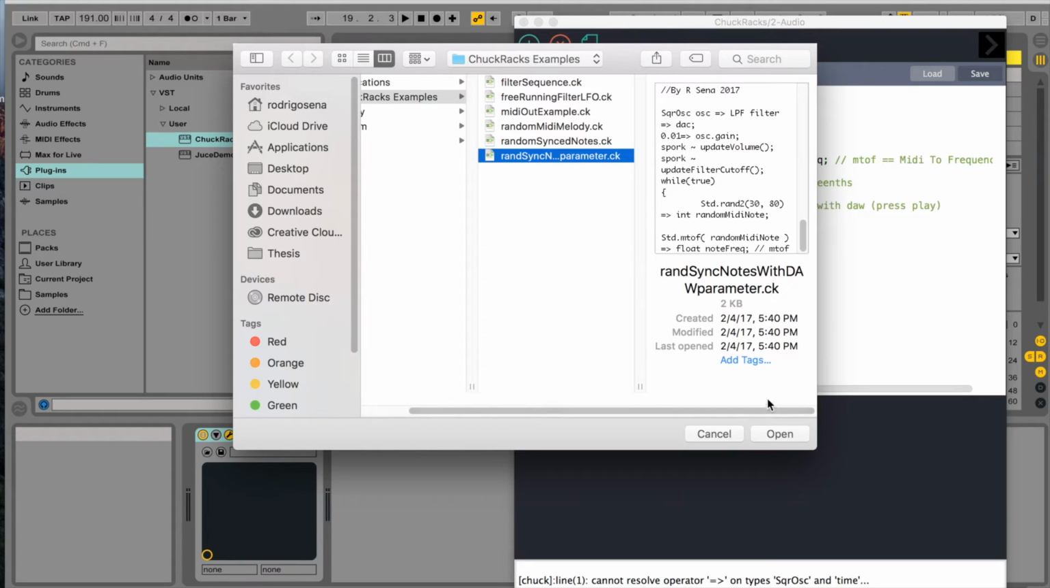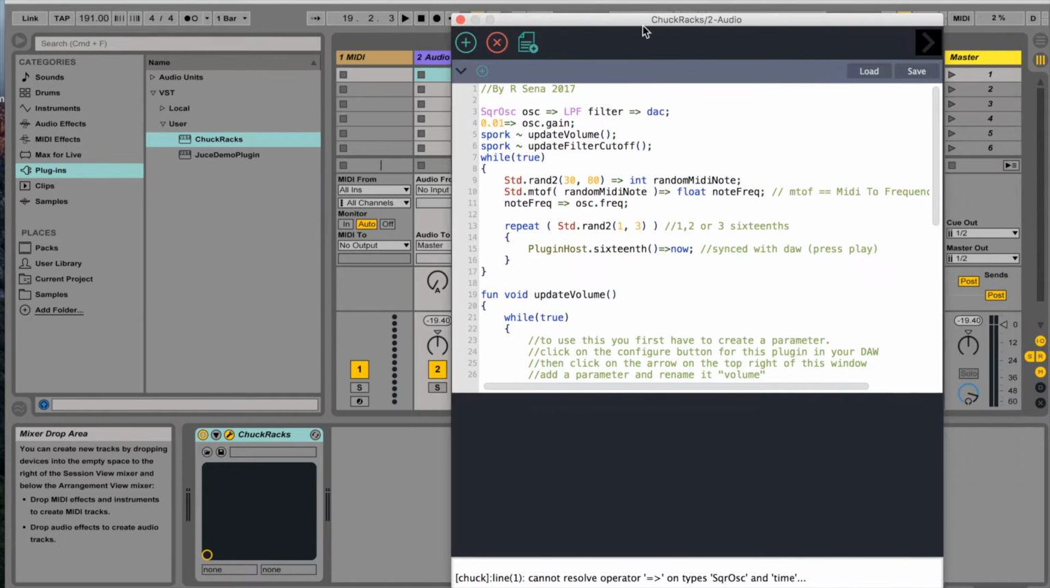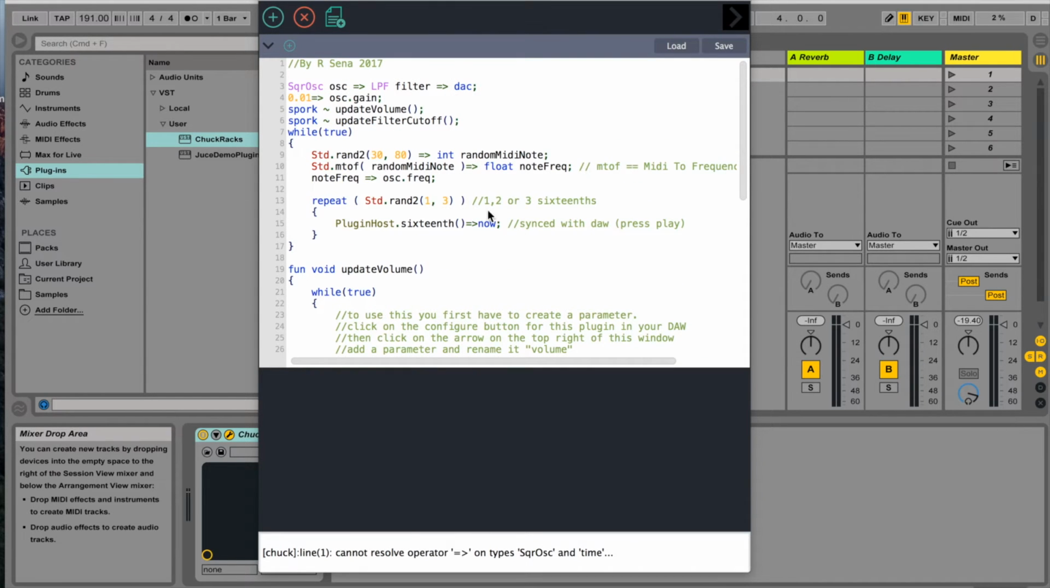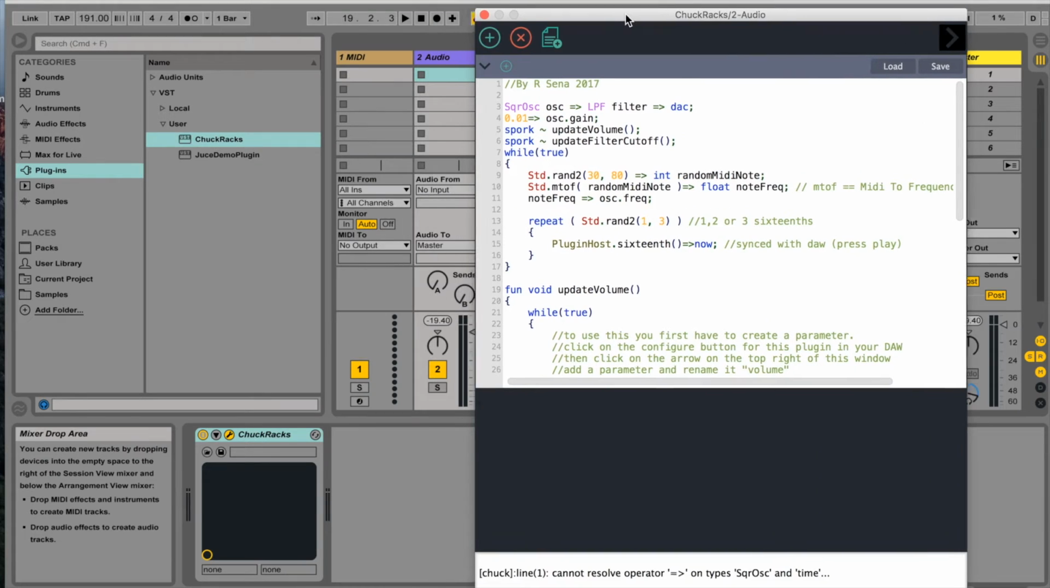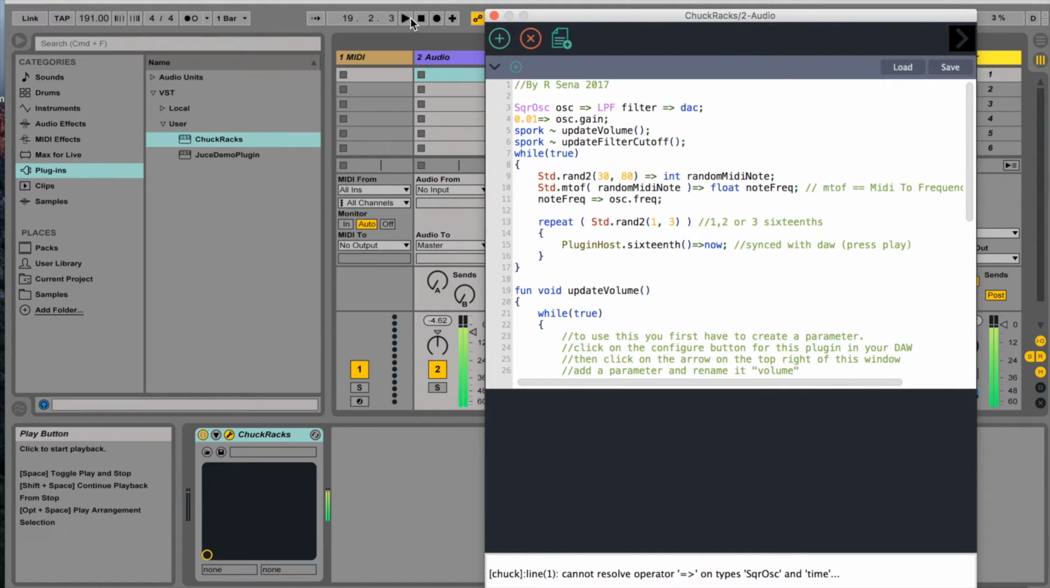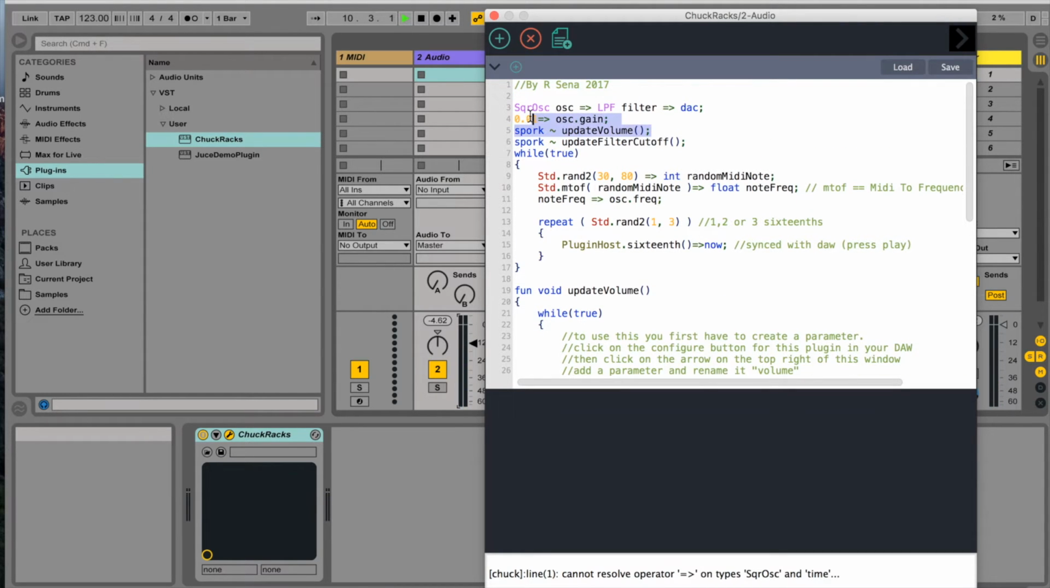Then the second example that I'm going to show you is this one, which is basically the exact same thing with some extras. See if I play it, should be the exact same. Yeah. But what this has is these two functions